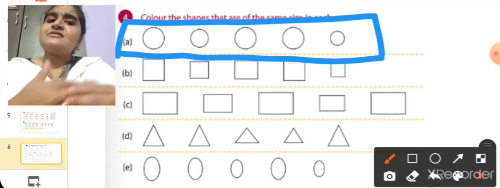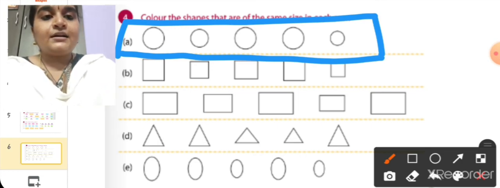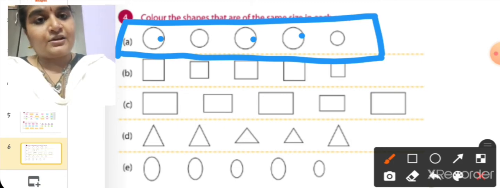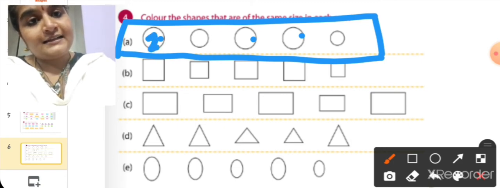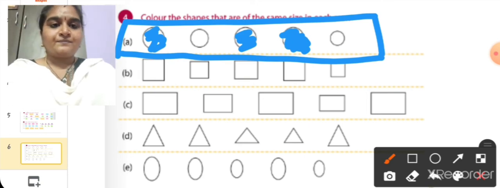You can use any colors. See, this and this are the same size. So you are going to color inside like this. Will you all do it and show it to me?